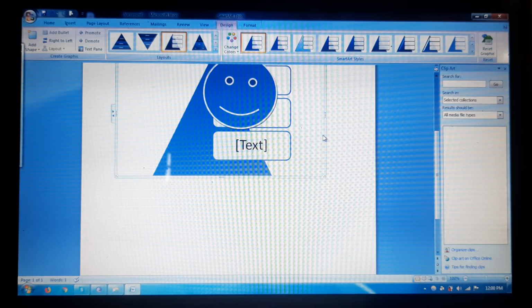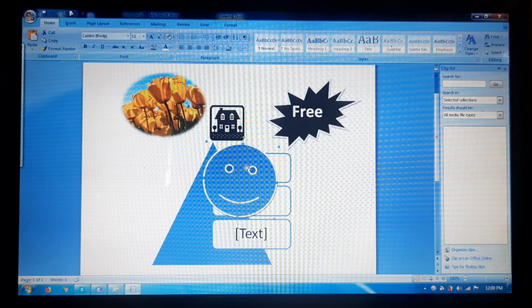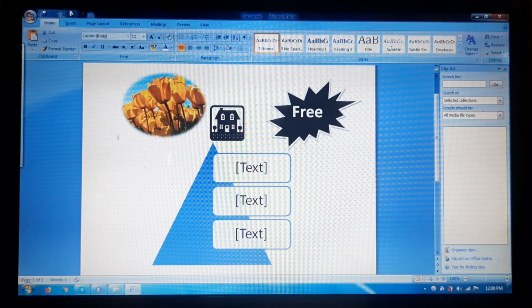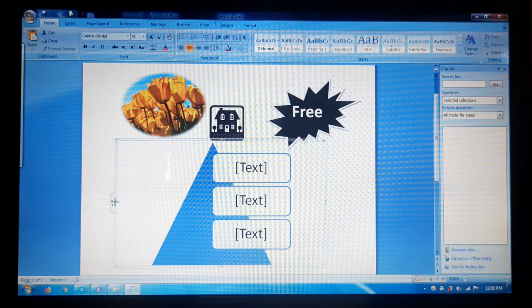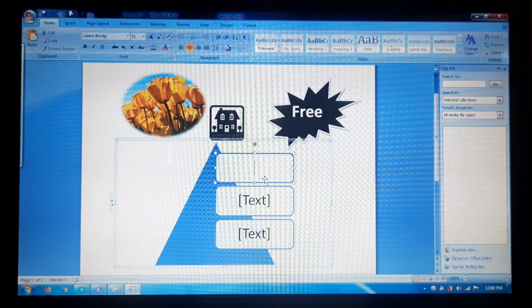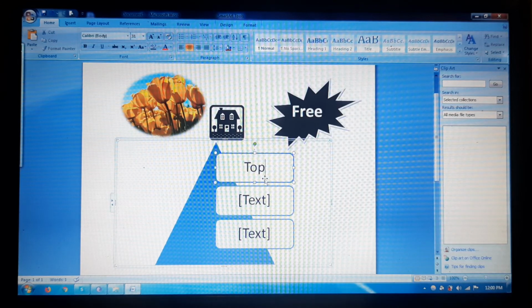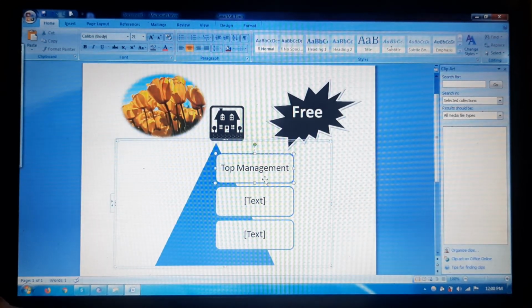To move it from one place to another, you can drag and drop. You can increase or decrease the size also. Click on the text and type top management.